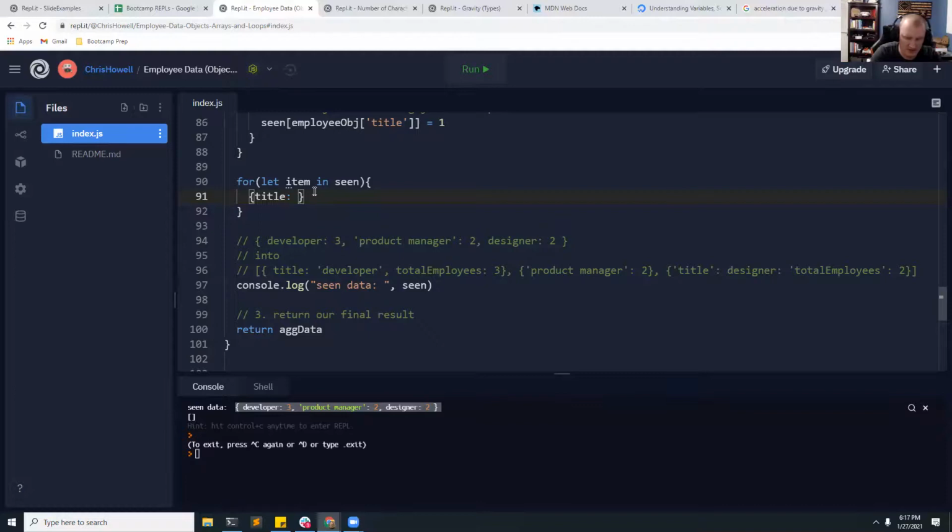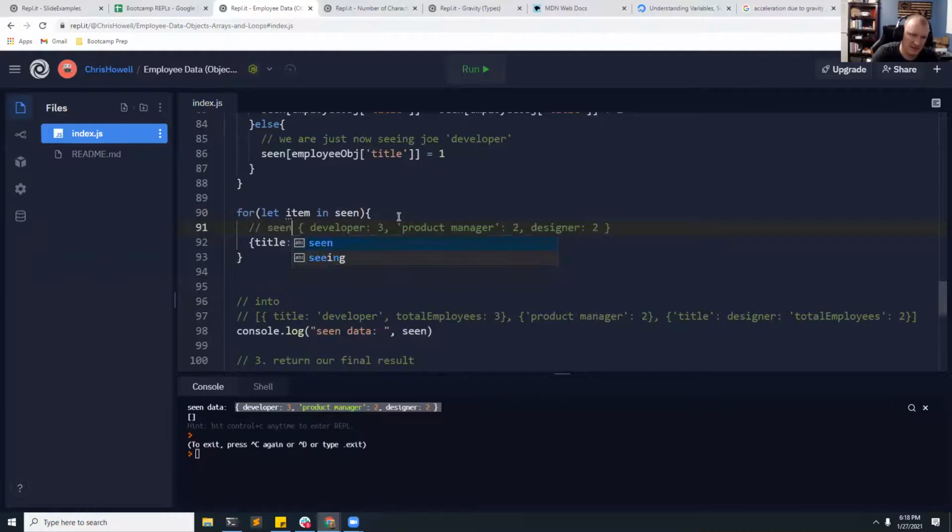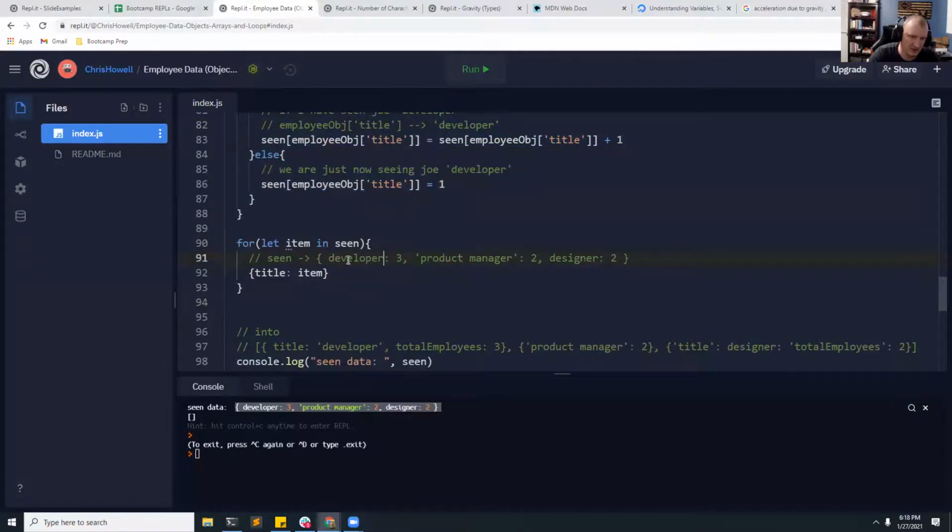immediately jumping. I was writing Python today, so I basically want to create this object, right? And if item is my key, this is my object, right? Let me put this up here. So scene is going to be like this object that I built in this loop up here, right? So these are my keys. Title or item is storing each of my keys. So let me just say key. Maybe that's better. So I'm going to set my title equal to the current key that I'm iterating over, because